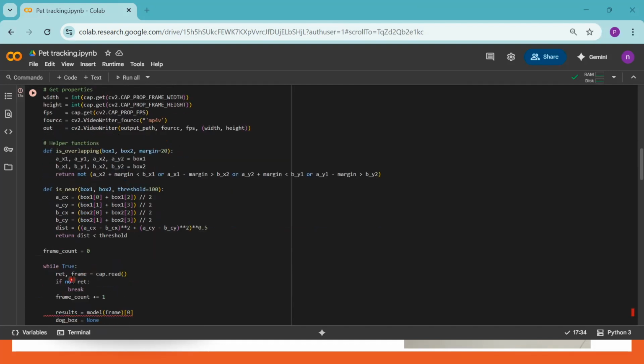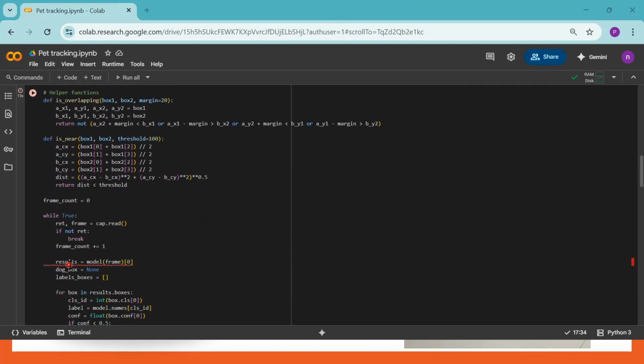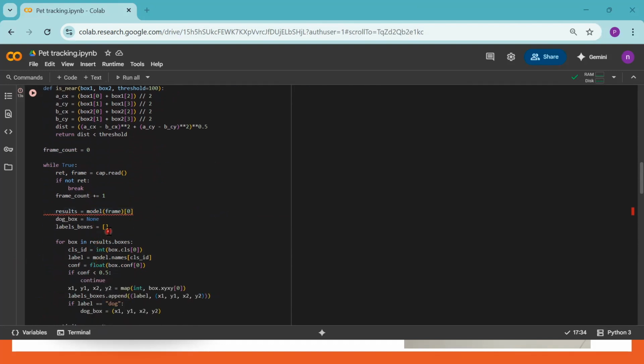So we are initializing now. The frame count is equal to 0. Once the initialization is done, we start the loop. Inside the loop, while True, we read each frame using the cap and apply the YOLO model on the frame, and extract all object detections like the dog and other furniture. So we filter the